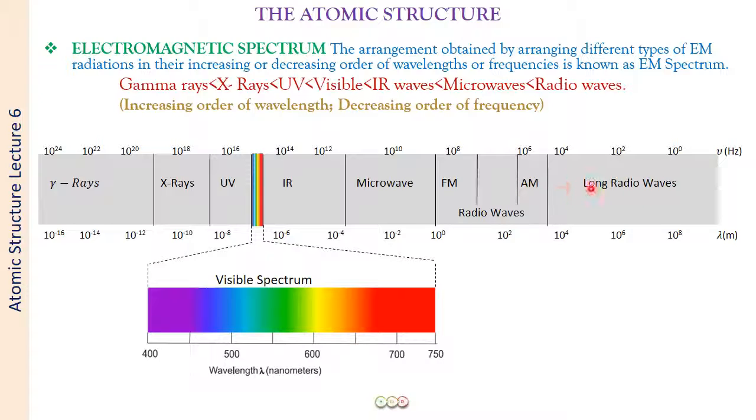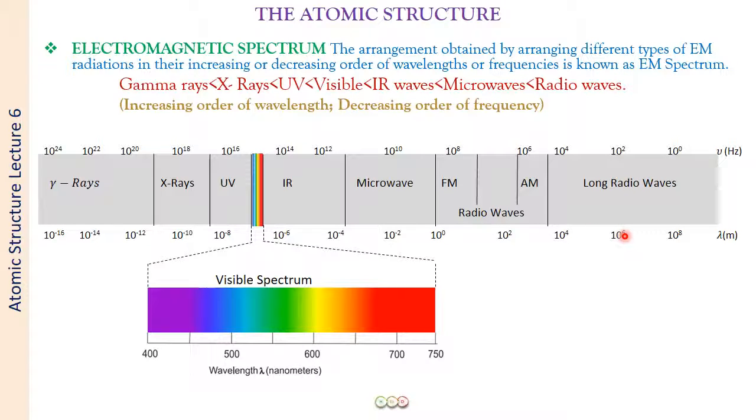So the long radio waves, moving to different categories of the radio waves, the AM waves, the FM waves, then the microwave rays, the infrared rays, UV, X-ray and the gamma rays. So basically they have been arranged in the order of, if you start from the gamma rays, the maximum frequency, going to the radio waves with the minimum frequency, and this is inversely proportional to the wavelength. So the wavelength of the gamma rays is the least